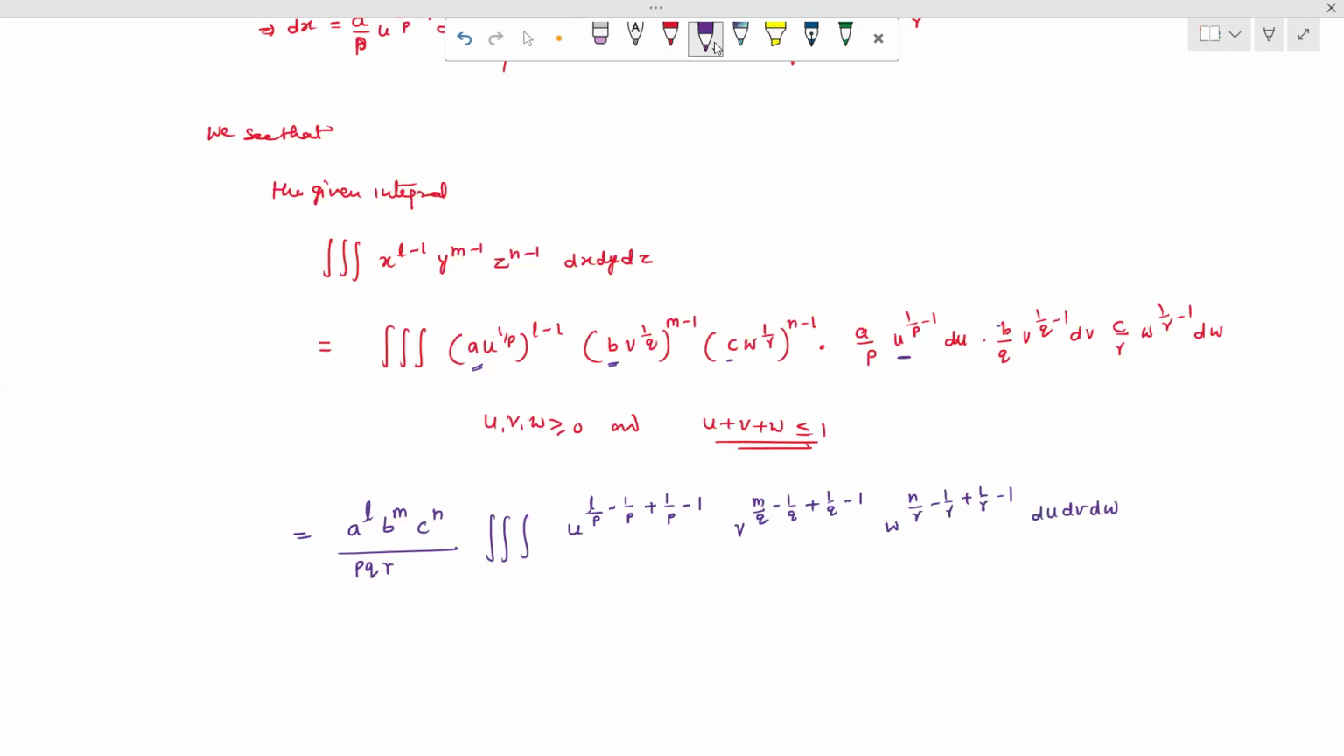और लास्ट क्या बचेंगे हमारे? डी यू डी वी और डी डब्ल्यू। तो यहाँ से क्या हो जाएगा? ए रेज टू द पावर एल, बी रेज टू द पावर एम, सी रेज टू द पावर एन अपॉन पी क्यू आर ट्रिपल इंटीग्रेशन। और वन अपॉन पी से वन अपॉन पी कैंसिल हो जाएगा, तो फर्स्ट टर्म हमारा क्या रहेगा? u रेज टू द पावर l अपॉन p माइनस वन। सेकेंड टर्म क्या रहेगा? v रेज टू द पावर m अपॉन q माइनस वन, ये कैंसिल हो जाएंगे। और w क्या रहेगा? n अपॉन r माइनस वन, तो ये वन अपॉन आर से वन अपॉन आर कैंसिल। तो ये हो जाएगा डी यू डी वी और डी डब्ल्यू।